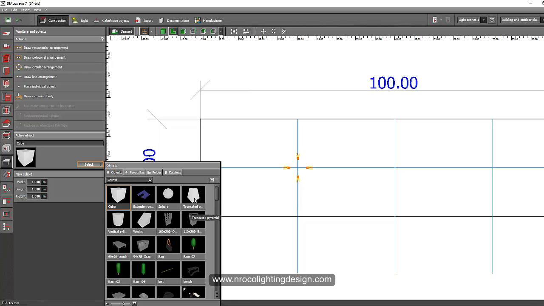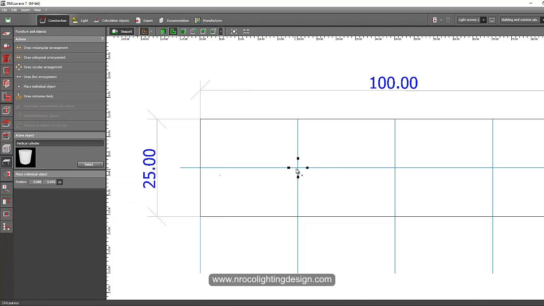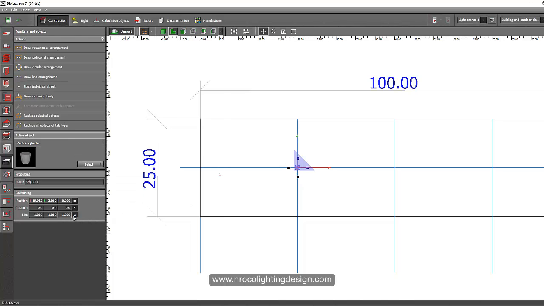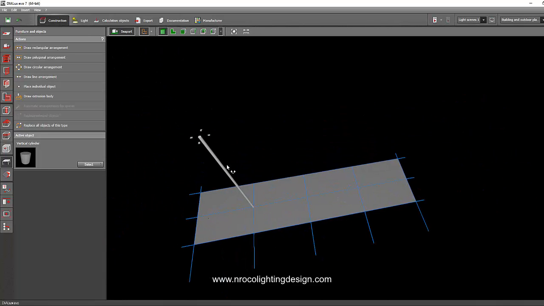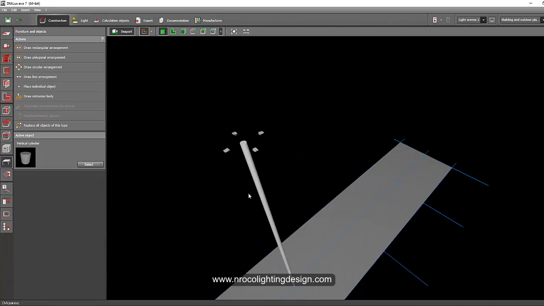So for example, I want to use this vertical cylinder and then place it here, and then I will say this is 50 meters high and the diameter is, let's say, 0.8 by 0.8. Okay, so if you go to the 3D, you will see that this is now your mast.